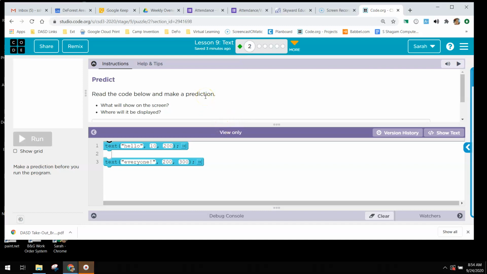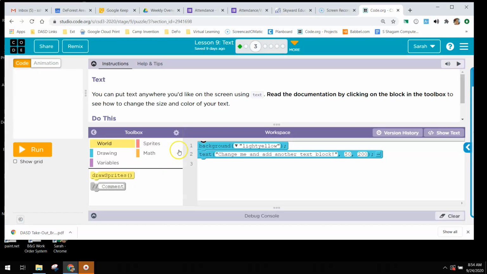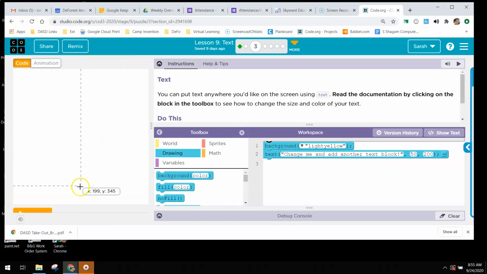Lesson 9 is all about adding text, and it's a pretty quick lesson. You're going to do a little bit of predicting, and then in skill building, you're going to be working with what you can do with the text. They don't give you a whole ton of options here, but let me show you what I can do